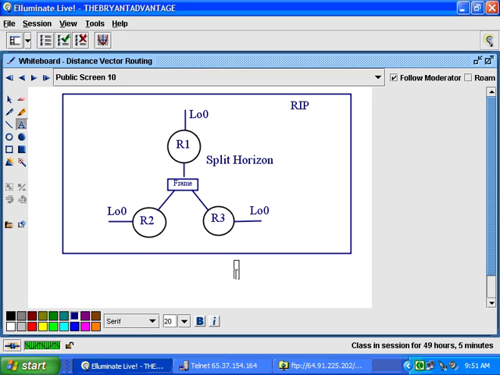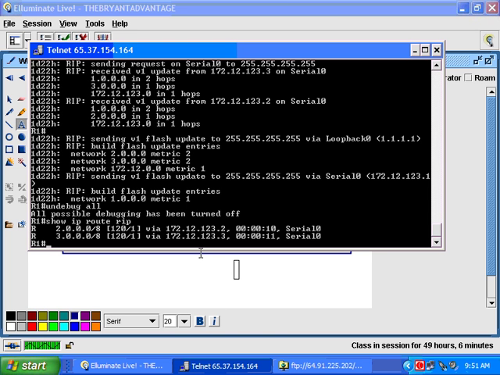Because we can't have a full routing table, because the update for router 2's loopback enters serial 0 on router 1. And by rule, it cannot be advertised right back out to router 3, because router 1's using the same interface, serial 0, to communicate with router 2 and router 3. That's why we don't have the total IP connectivity we might otherwise expect. On router 1,